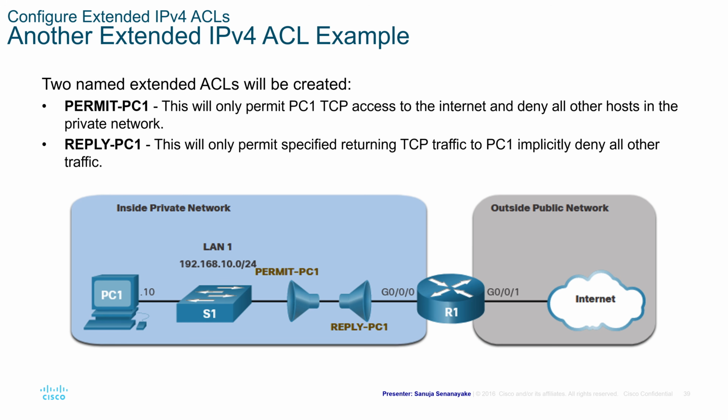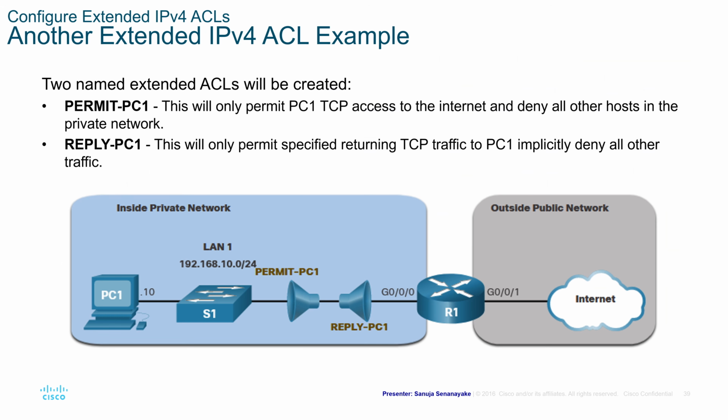The permit-PC1 will only permit PC1 TCP access to the internet and deny all other hosts in the private network. So only PC1 can communicate to the outside. Reply-PC1 will only permit specific returning TCP traffic to PC1, implicitly denying all other traffic. So that means it will only allow the specific TCP reply back to PC1, not just random ones coming